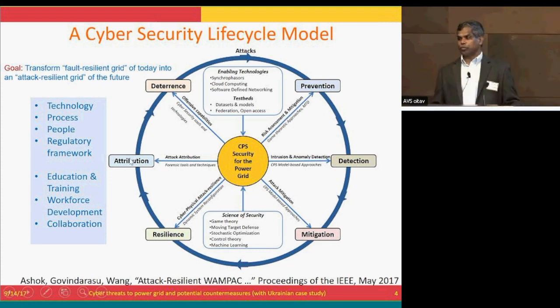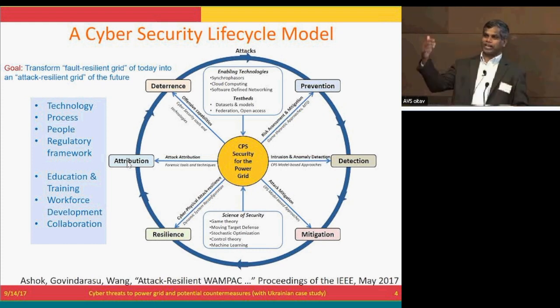Then the attack attribution. Something has happened. How do you attribute where the attack came from, so that whoever caused the attack is accountable? Attribution could even be used as a deterrence. If you have some attribution capability, you can say, hey, if somebody is going to target me, I can detect where the attack came from. Then the adversary will hesitate even to attack. For example, in front of your home, if you say my home is AAA certified or AAA secure, the burglar will think twice even before coming.